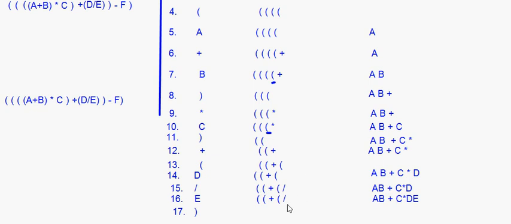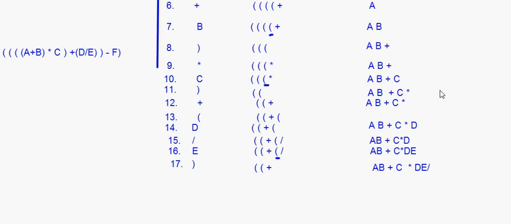The corresponding opening bracket for this is here, right? So now what is the operator after that? So basically here see, I'll put only up to this plus sign now. From that opening bracket it will be popped out, right? So here it is AB plus C into DE and then this division. Fine.